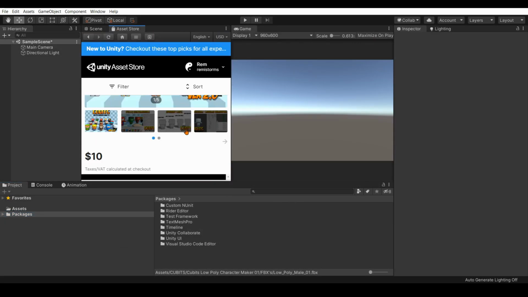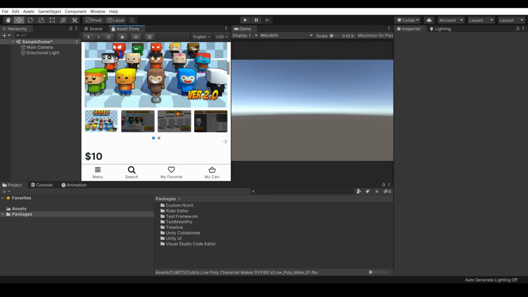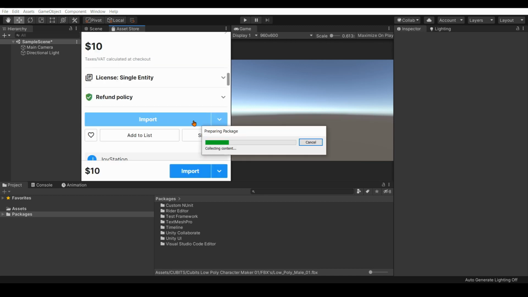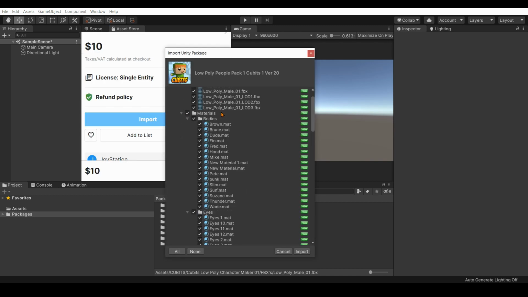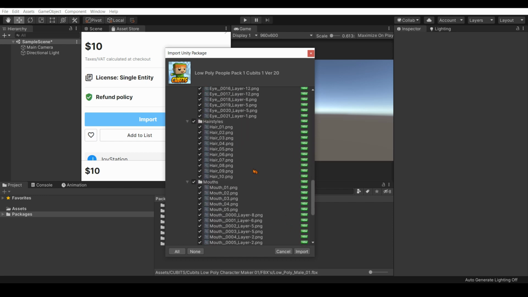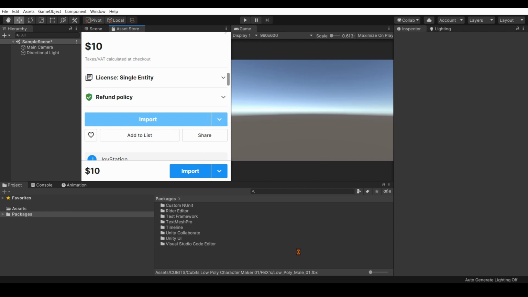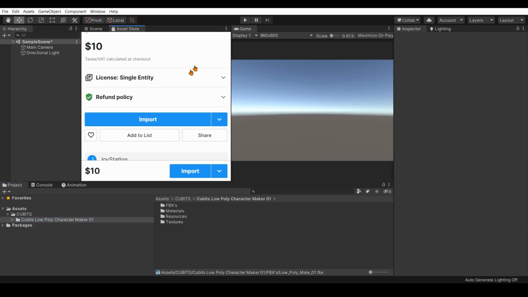Okay, the first thing we need to do is import the Cubits package. They should all work the same. They have the same skeleton, so it doesn't really matter what version of Cubits you're using. But in this case, I'm just going to import version 1. And now that we have the